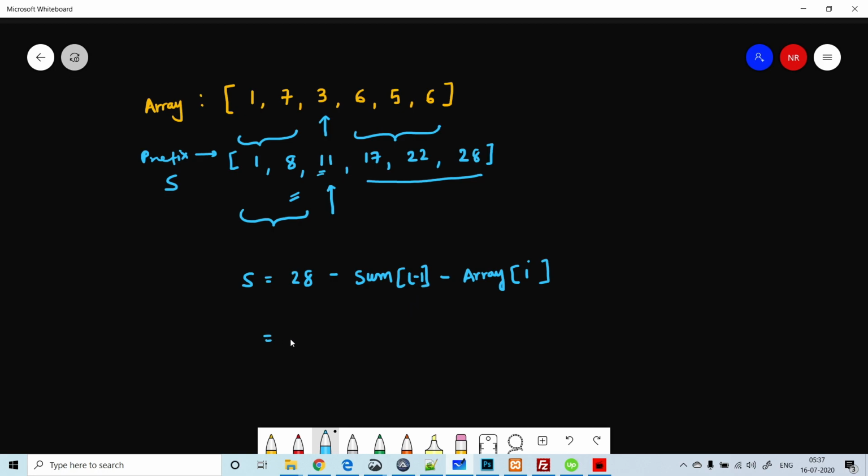So if you take it this way, it will be 28 minus your left hand side sum, which is minus 8, and then the number itself, which is 3. Okay, so this gives you a result of 17. This is your sum of the right hand side.